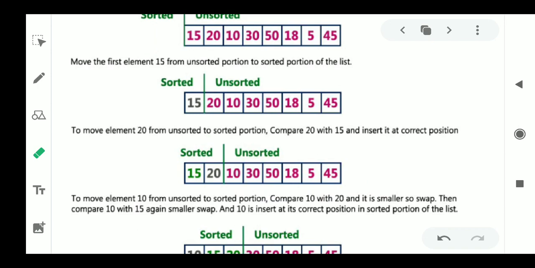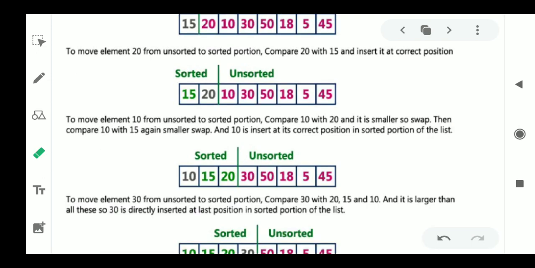This is the procedure we are going to follow in insertion sort. Now we will go with the next element in the unsorted list, which is 10.